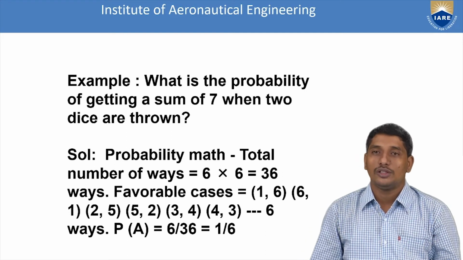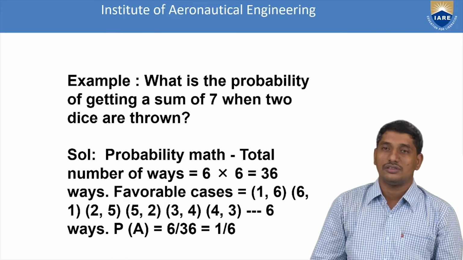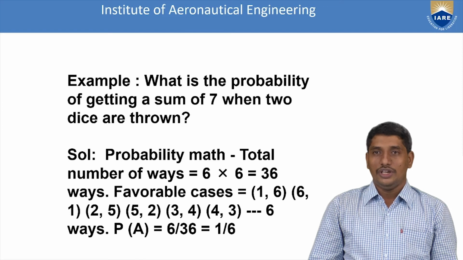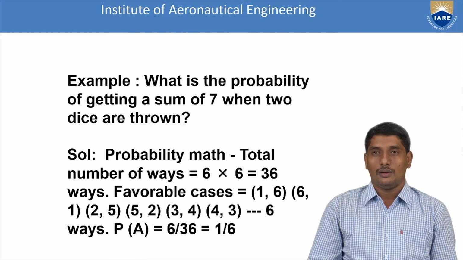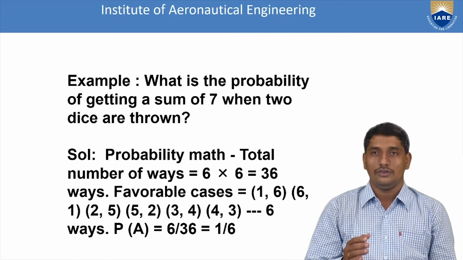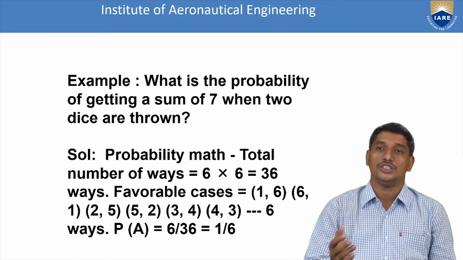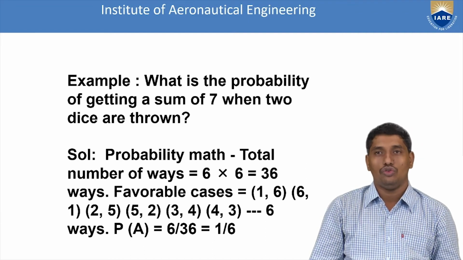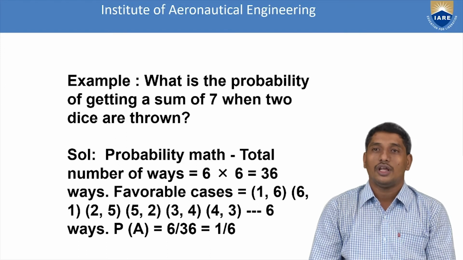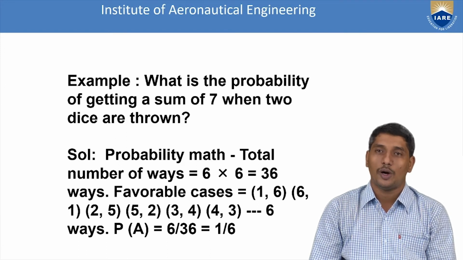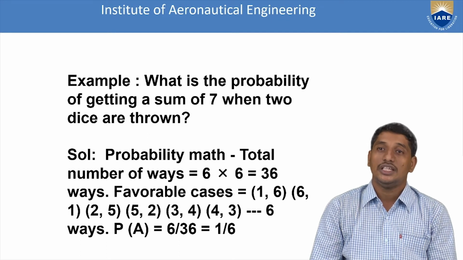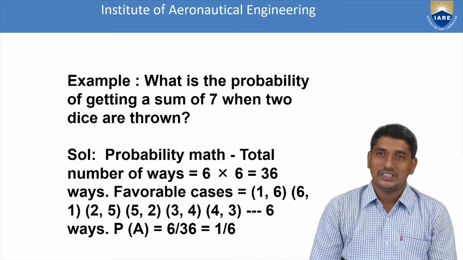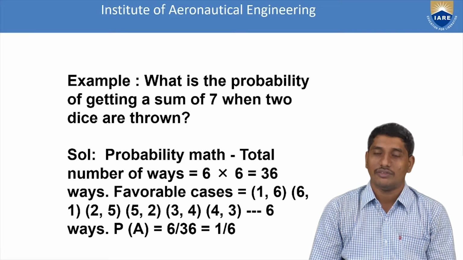So let us consider all the possibilities which favor getting sum 7. If you check keenly, we will see that the favorable pairs are 3 4, 4 3, 2 5, 5 2, 1 6 and 6 1. So there are a total of 6 favorable outcomes, and hence the probability of getting sum 7 is 6 over 36, that is 1/6, that is 16.666% chance of getting sum 7.